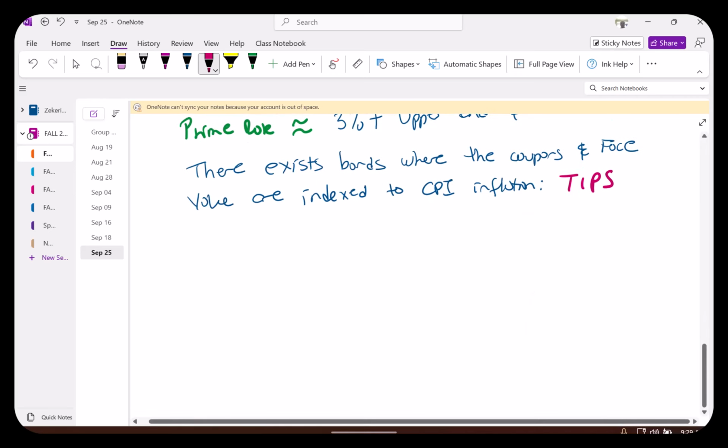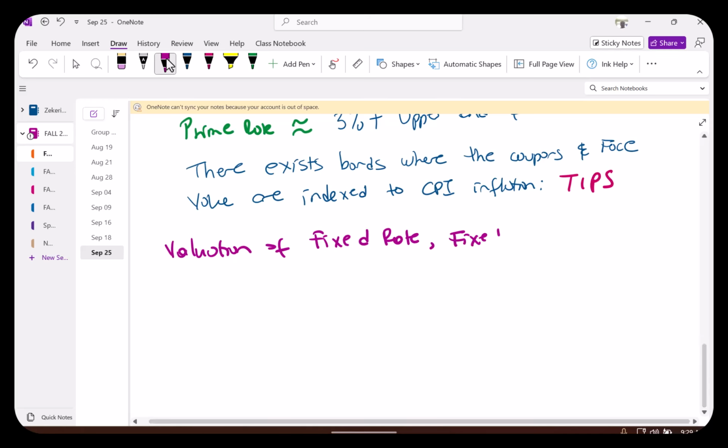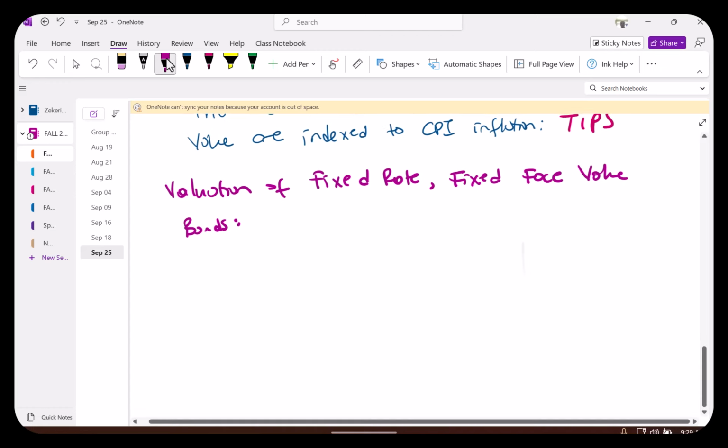So let's talk about a simple bond. Let's talk about valuation of fixed rate, fixed face value bonds. Most treasury bonds and quite a large majority of at least American corporate bonds are of this variety. Okay, so we're going to specify a few things. Face value,